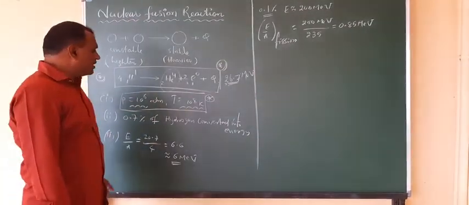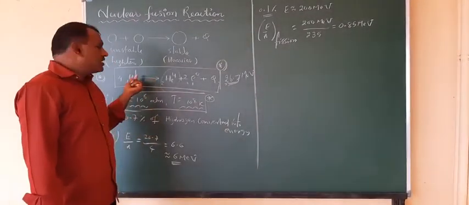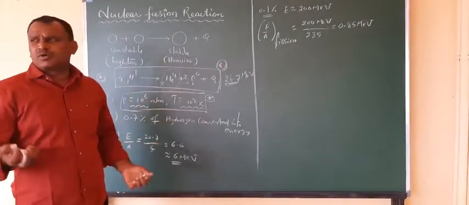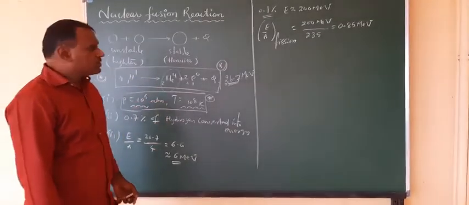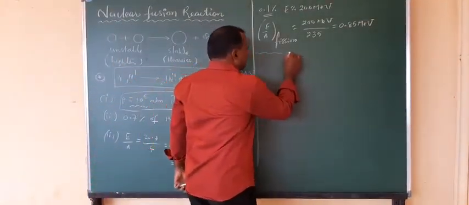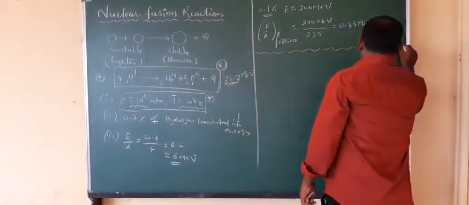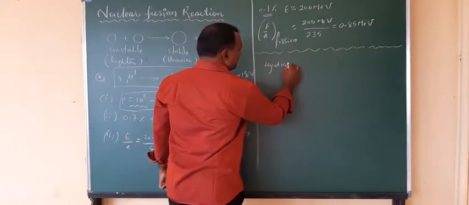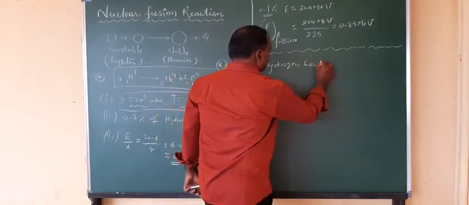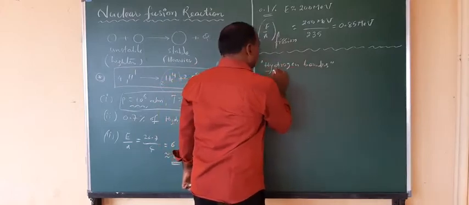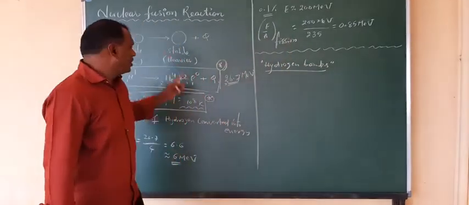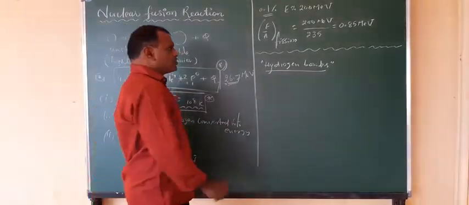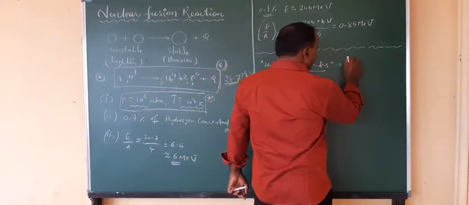Okay, and here I said this is a continuous process. If you keep making these fusion reactions, an enormous amount of energy can be produced. That is why these fusion reactions are the working principle of hydrogen bombs. In hydrogen bombs, which type of reactions take place? Nuclear fusion reactions, where hydrogen is converted into helium. So hydrogen bombs are based on which one? Fusion reaction.